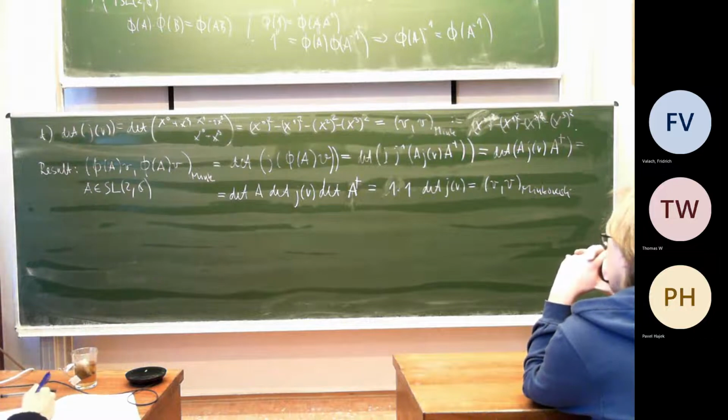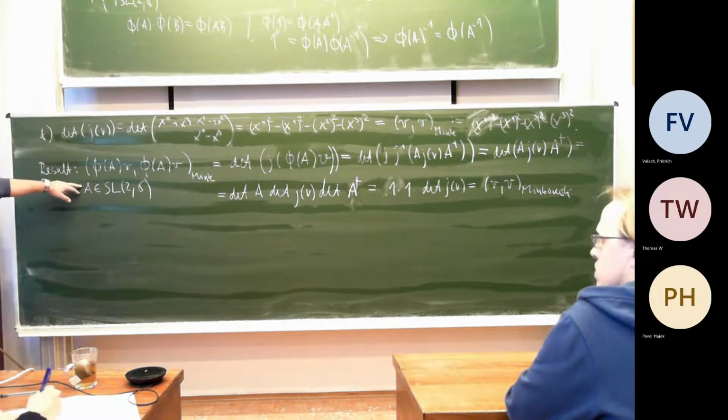Does it make sense? So the multiplicativeness of the determinant and the fact that A is unimodular. This is in the SL2C. So we got that